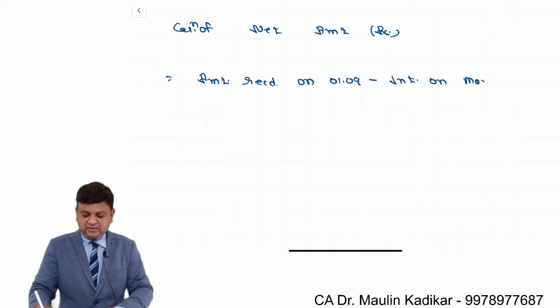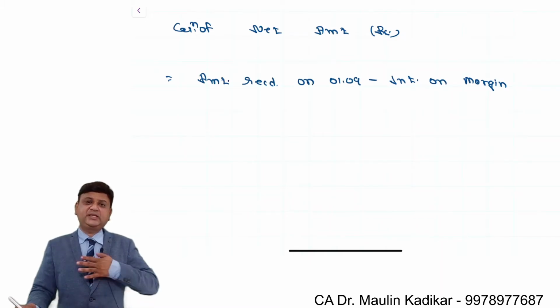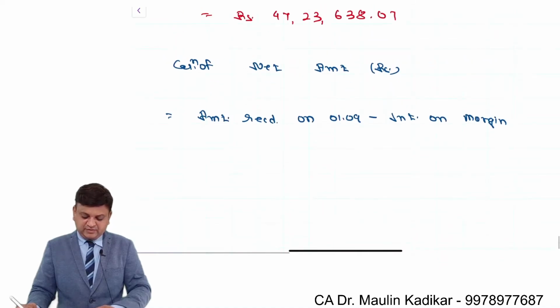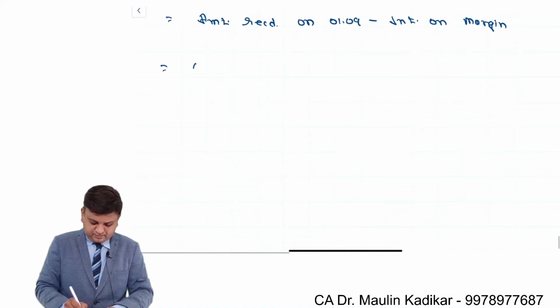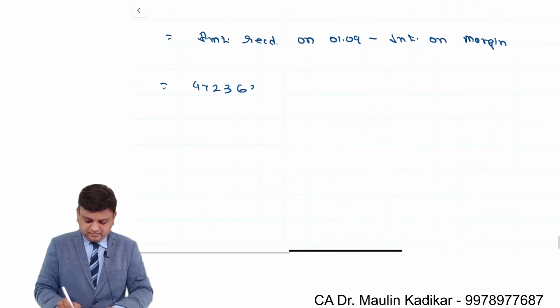Remember that the margin, as I told you, is a simple deposit that you have paid. So this amount of the deposit has a carrying cost to you. So what will happen? 47,23,638.07